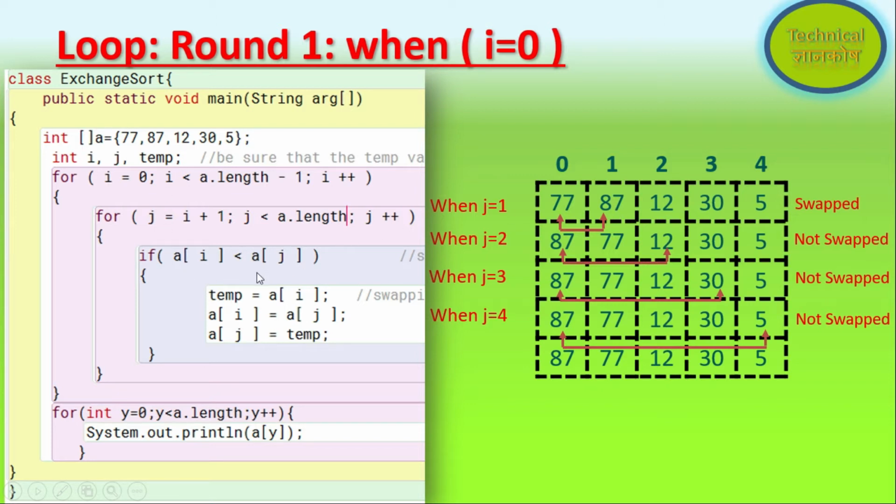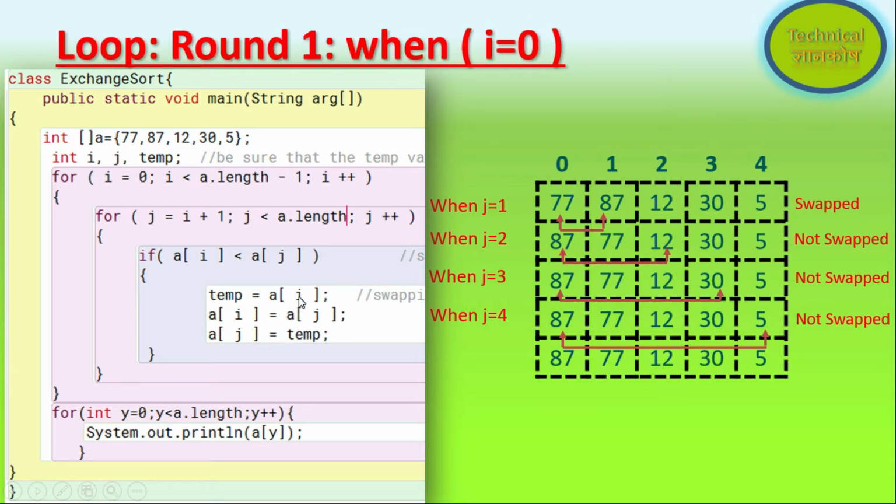First it will give a of i's value to temp, and then we will get the new value, like 87, in a of i. Then in a of j, in the place of 87, we will put this temp value, right?